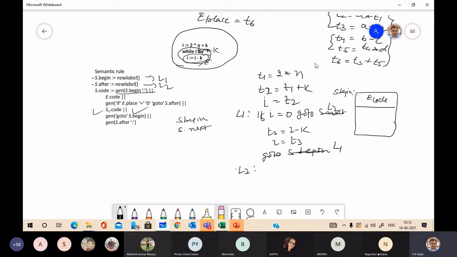So this is the code for this while loop.